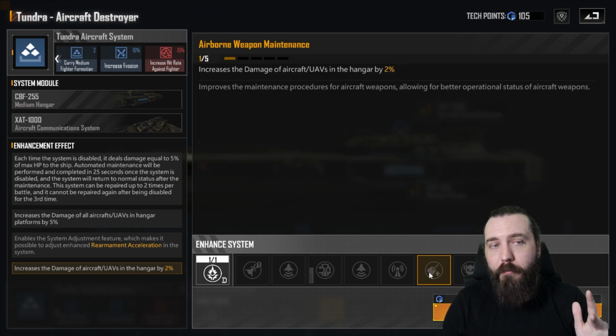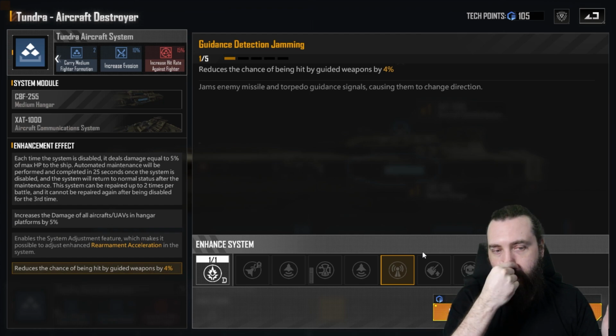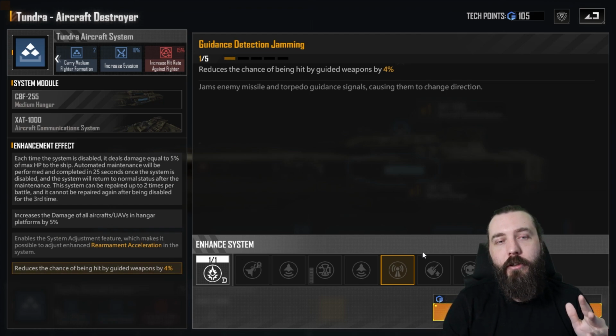After that, I don't personally pick up the damage because the Mistrals that I run on it, they're not the biggest hitters in the world, so the increased damage doesn't really help me. So I like picking up chance of being hit by guided weapons reduced by 4%. This applies to the ship itself, not your aircraft. This gives you the ability to,